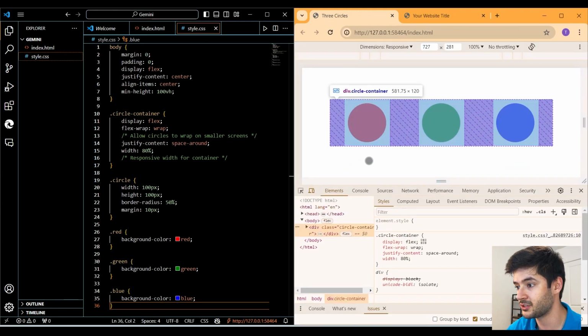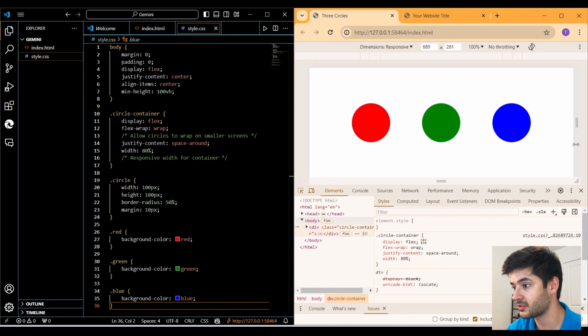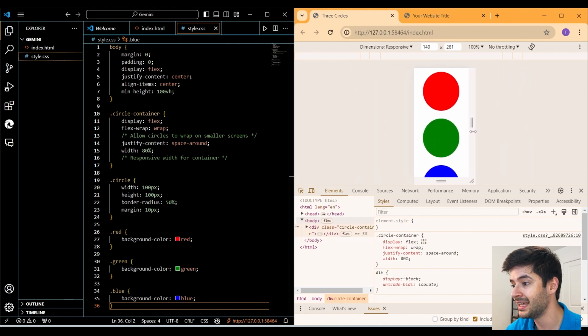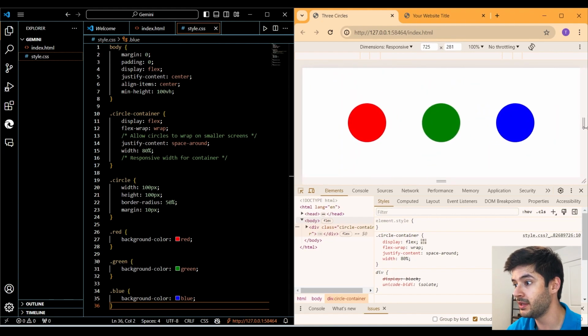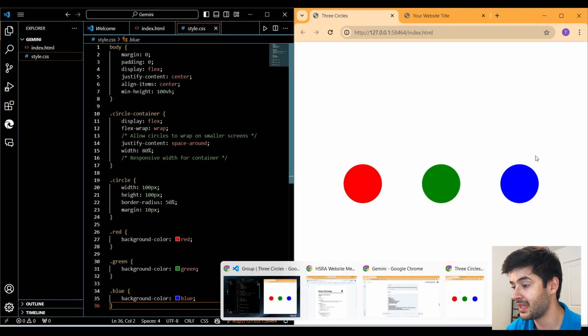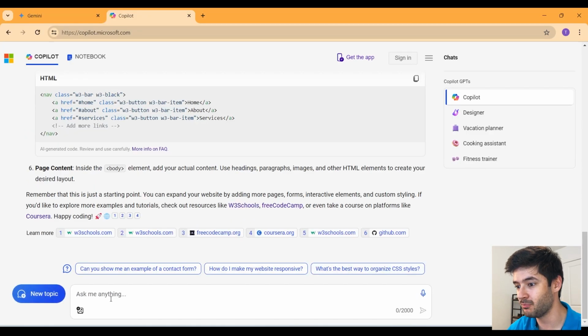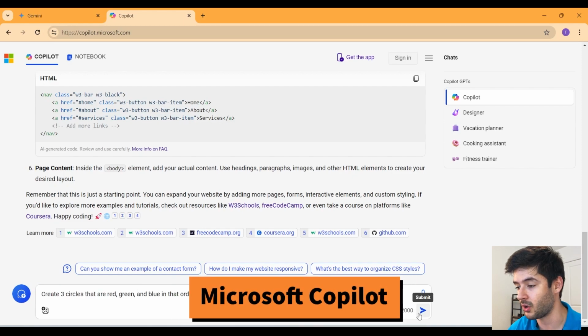So I'm going to go ahead and inspect this and see how it looks. And it is successfully a Flexbox container. It looks like it's completely responsive, which it is, and they're all properly spaced apart like I asked. So pretty much exactly what I asked for, Google Gemini gave us in this case scenario, and it centered everything the way I wanted. And let's take that same prompt and put it into Copilot